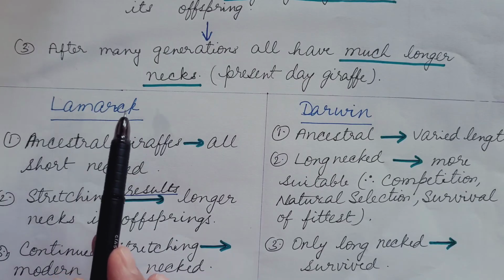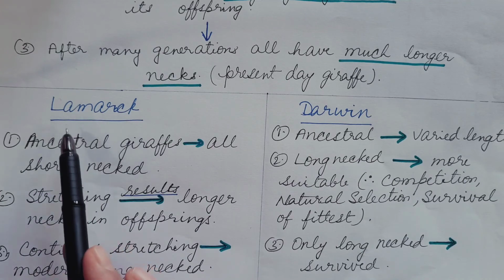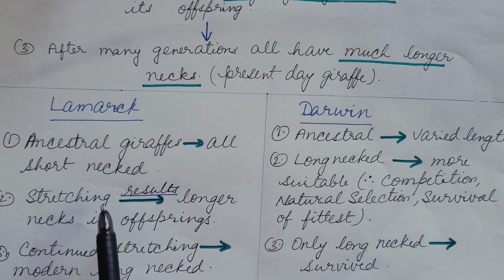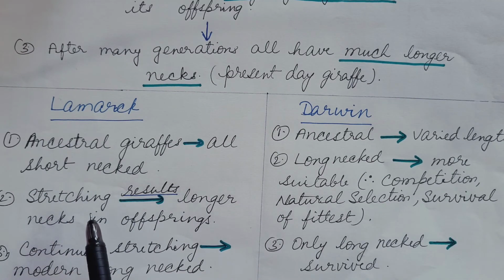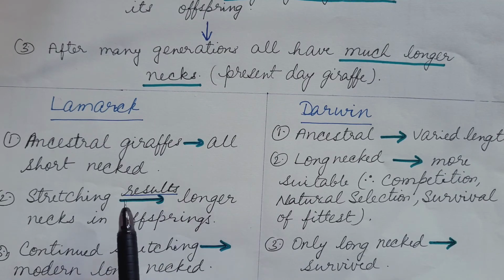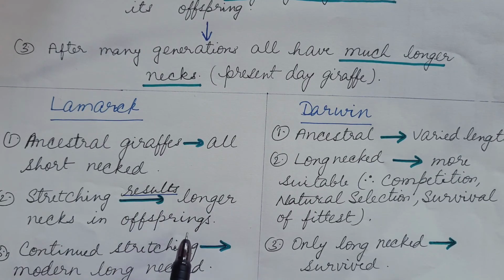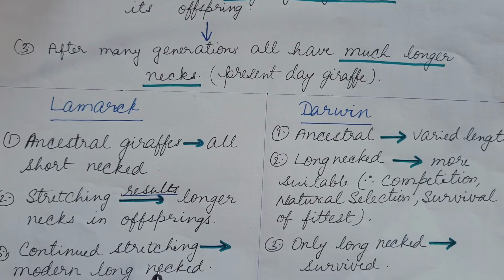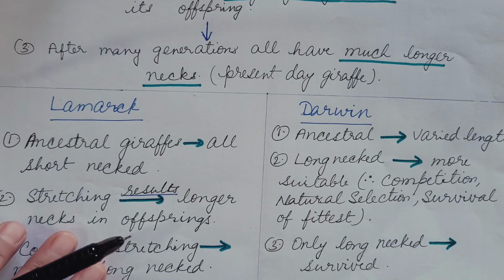Now let us compare Lamarckism and Darwinism. According to Lamarck, ancestral giraffes were all of short neck. When there was scarcity of food and food was only available on the higher trees, then there was an inner need for stretching of the neck, as a result of which the offspring that were produced had slightly longer necks, and the continued stretching resulted in the long-necked giraffe which we see in the present day. But